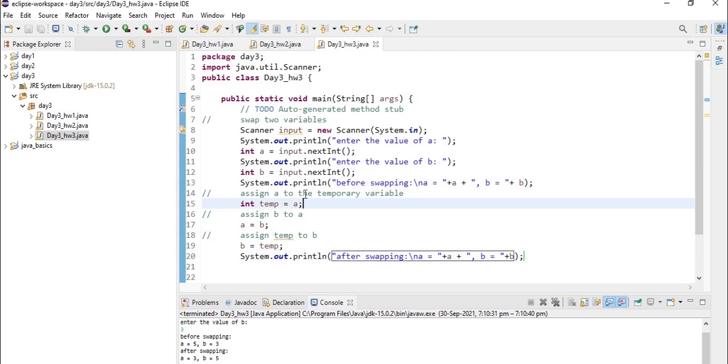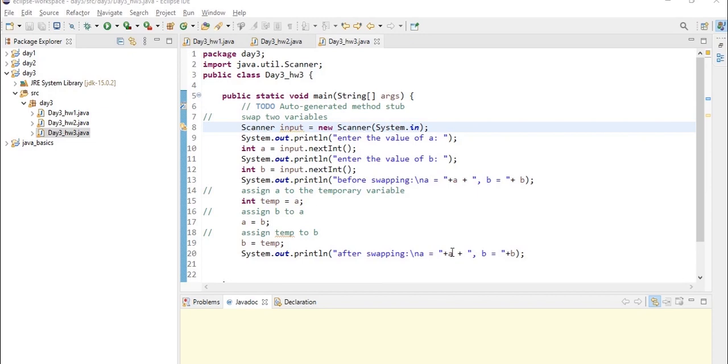So now the temporary value is 5. Now we are assigning the b value, 3, to a. If you print the value of a, it won't be printed as 5, it will be printed as 3, that is the value of b. And here we are assigning the temporary variable's value to b, that is the temp value is 5, so b is equal to 5. If we print now, a is 3 and b is 5, the temporary variable's value. So that's it.